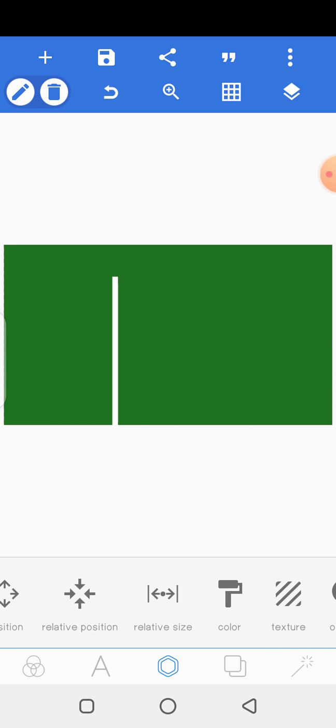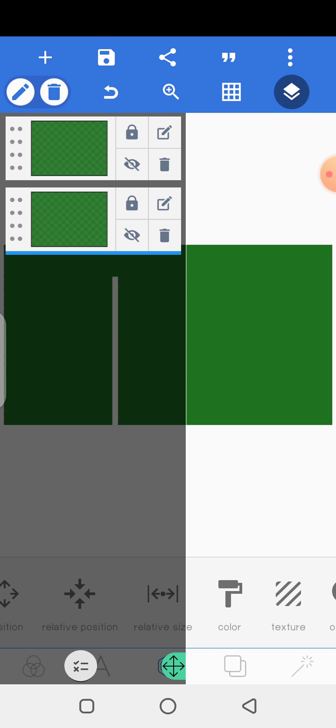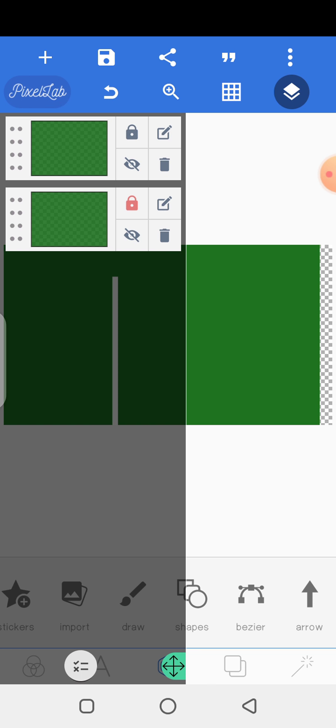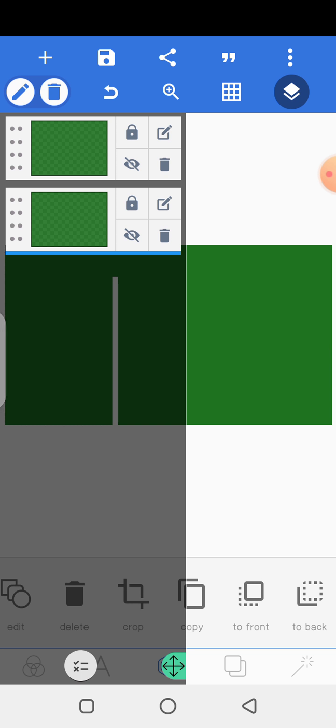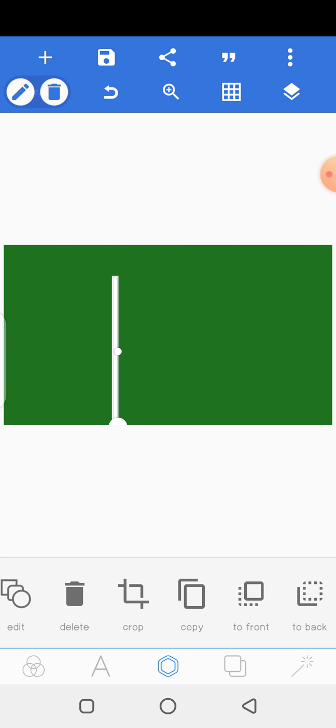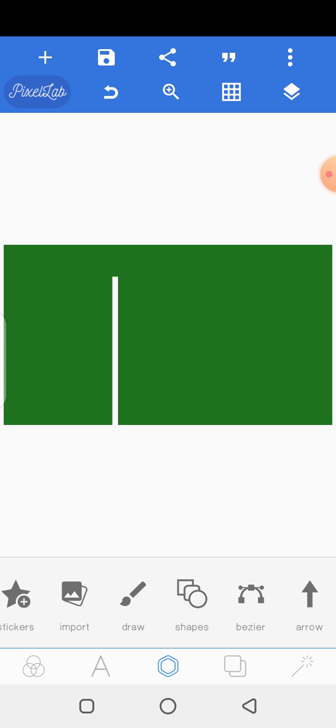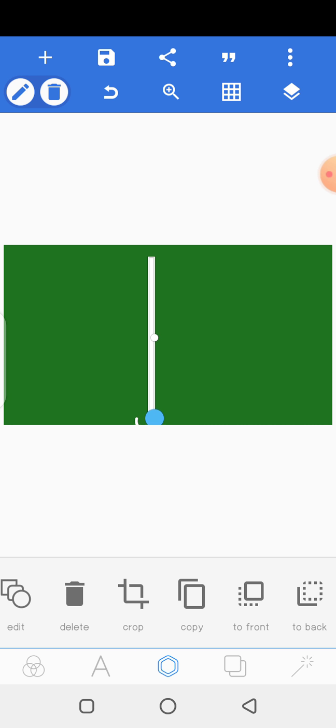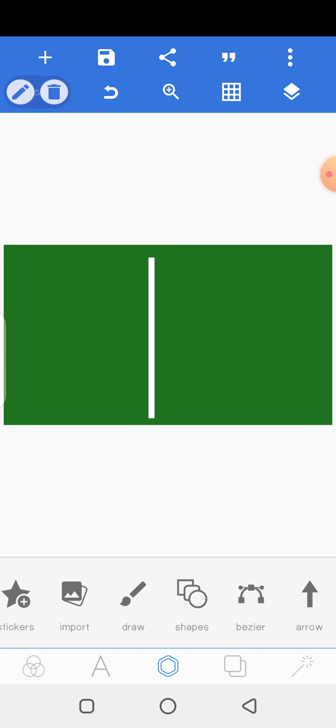So what's the solution? I'm just going to tap on it and then lock. I'm going to lock the second one, so I won't be able to move it. I can have this other one and then slant it, have it this way. If you cannot move it with your hand, another way to go about it is to ensure that you can